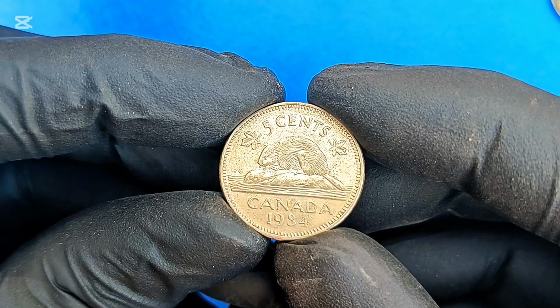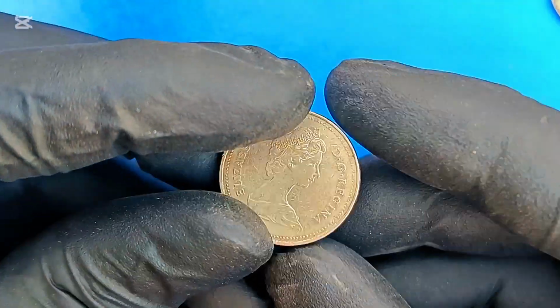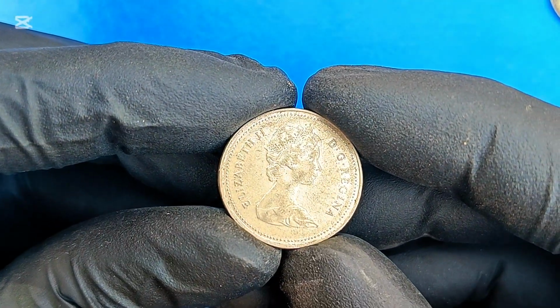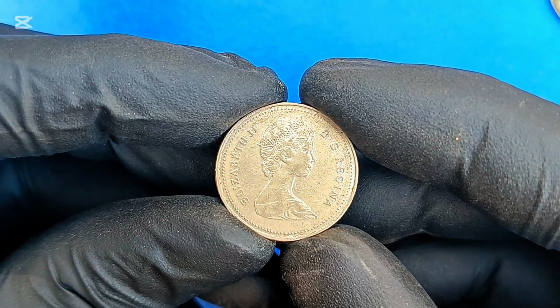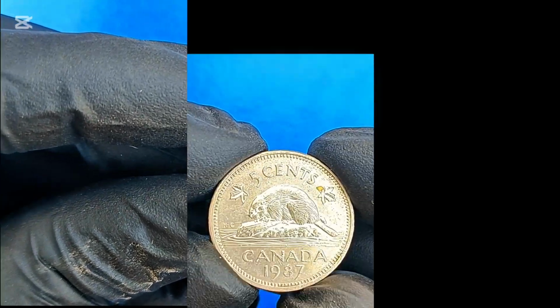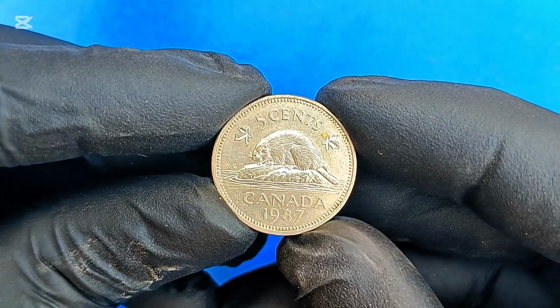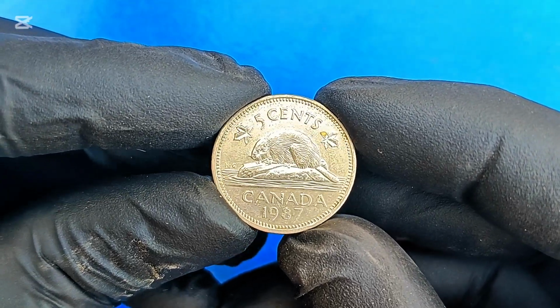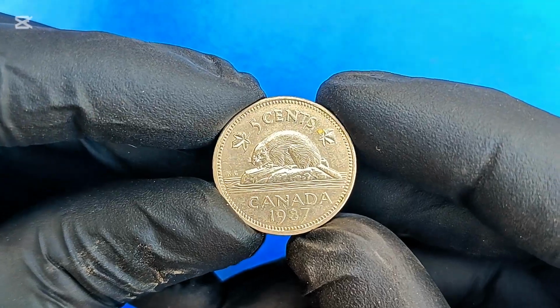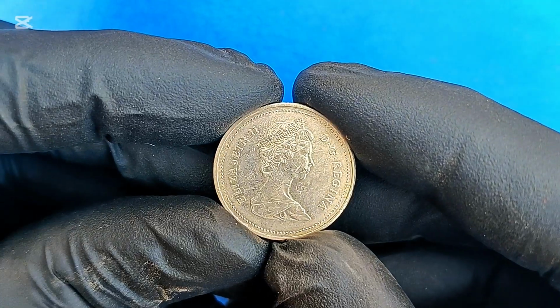Its enduring appeal lies not only in its scarcity or auction price, but in the legacy it symbolizes, of craftsmanship, monarchy, and national identity wrapped into a piece barely larger than a thumbnail. The 1987 Canadian 5-cent coin stands out not only for its elegant design but also for the historical depth it carries. Bearing the portrait of Queen Elizabeth II, this coin was minted during a time when Canada's coinage was undergoing